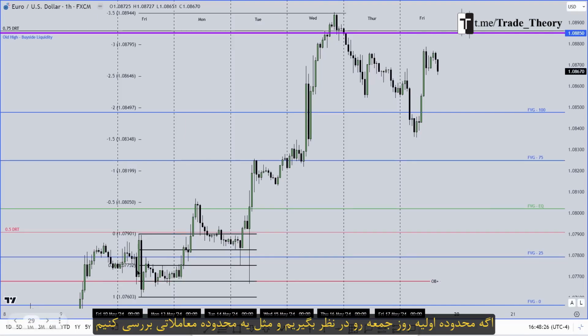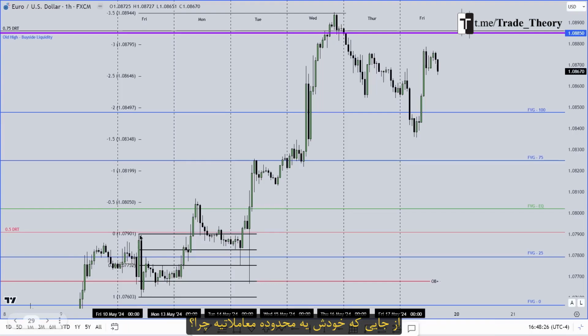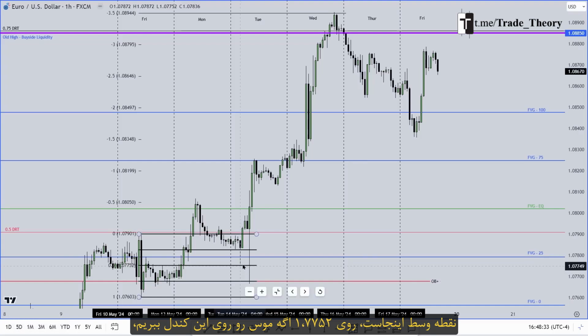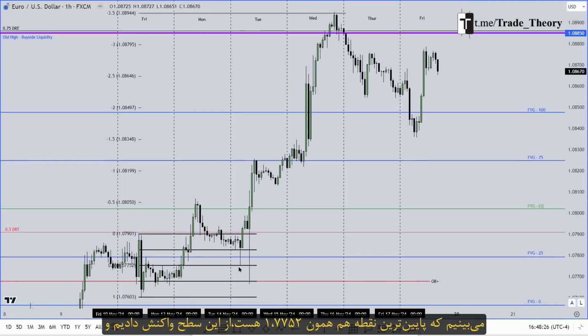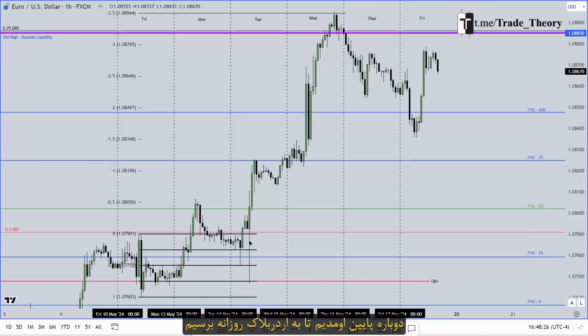If we take that initial range on Friday and grade it like we would grade any dealing range, since this in itself is a dealing range, right? Why? Because we ran buy side here and we've ran sell side here. Price runs back into the dealing range and touches the midpoint. The midpoint comes in here at 1.07752. If I hover my cursor over this candle, the low comes in at 1.07752. We react off this level and then come down once more to touch that daily order block.